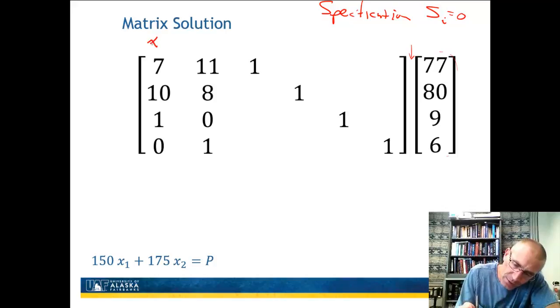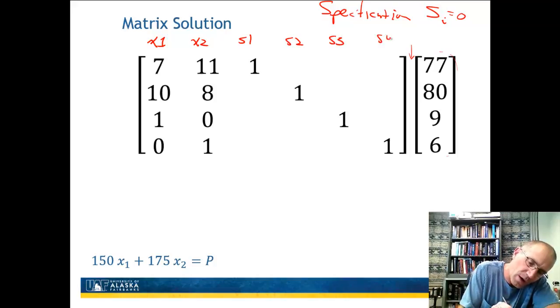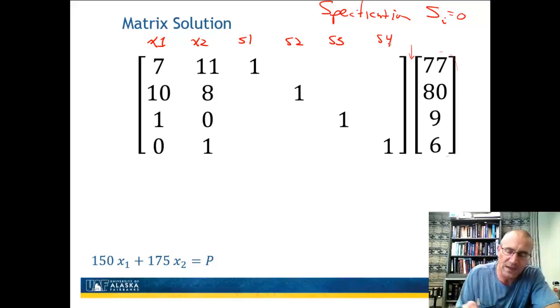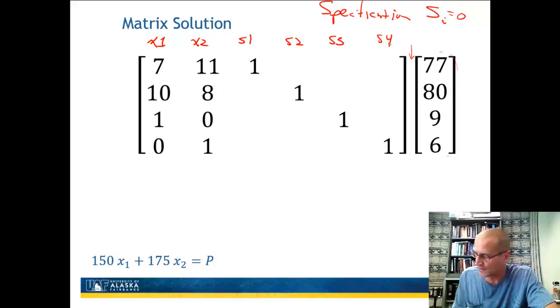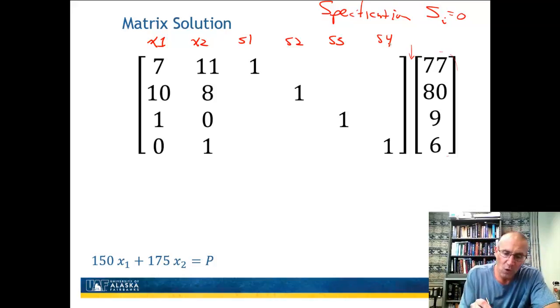So I'm going to write the variable names above it, x1, x2, s1, s2, s3, s4. I'm writing them up here because we're going to get rid of some of them, but to remember which ones they are. Okay. So what I want to do is figure out which one of these slack variables I can get rid of. Now, if I start off with a simple solution that says x1 is x2 is 0,